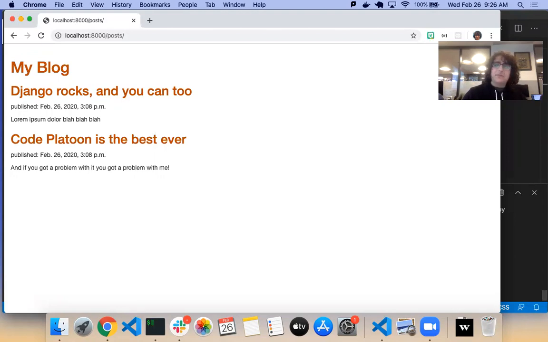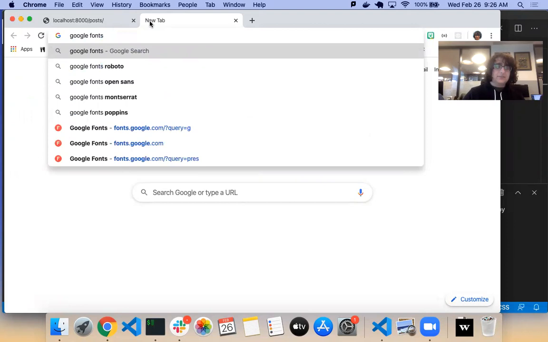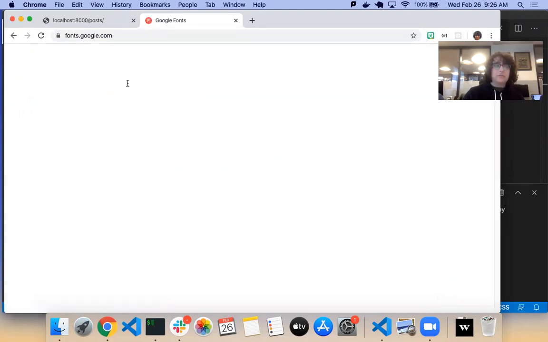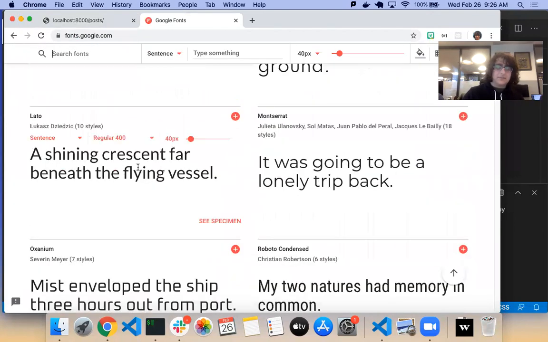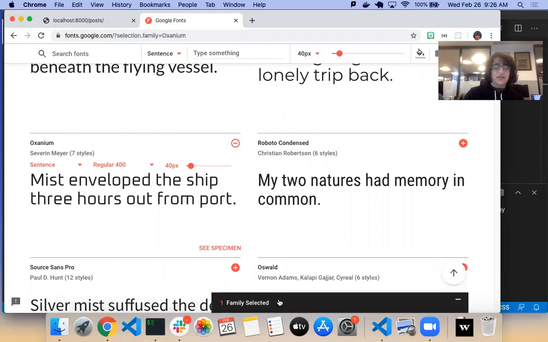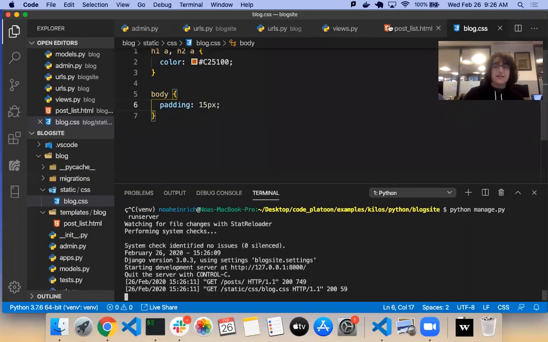So let's say I want to bring in some custom fonts as well. Has anyone used Google Fonts before? Yeah, pretty fun. You can spend hours. Yeah, and I have. If I want to use Oxanium here, just click on that, and they give us the link right here that we can just put into our HTML doc.